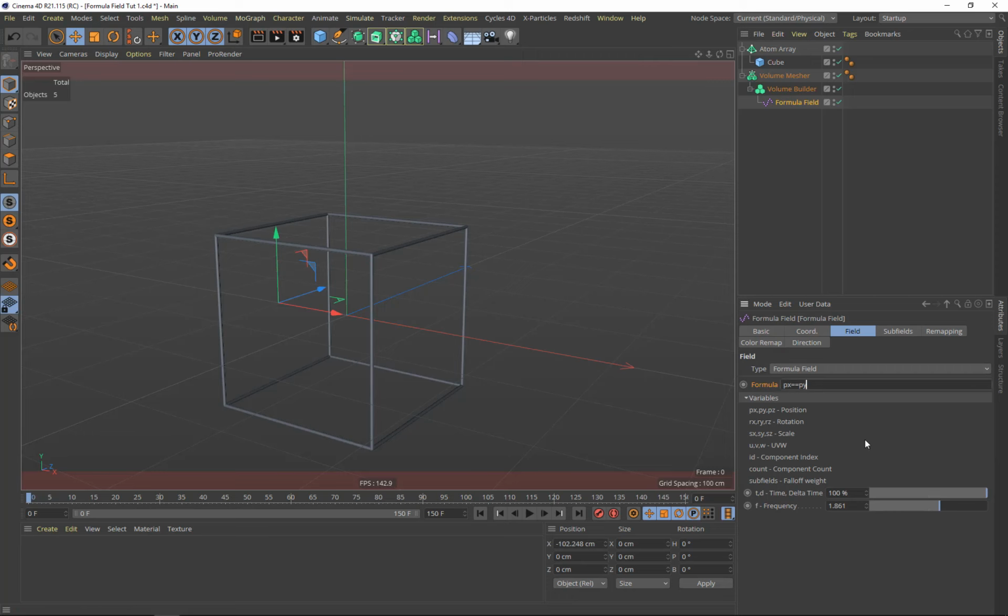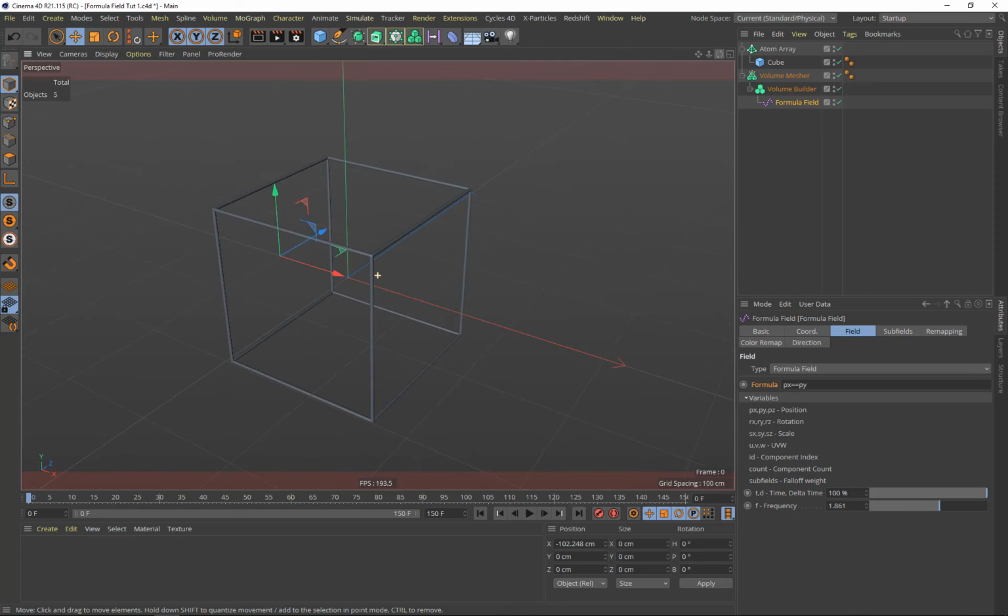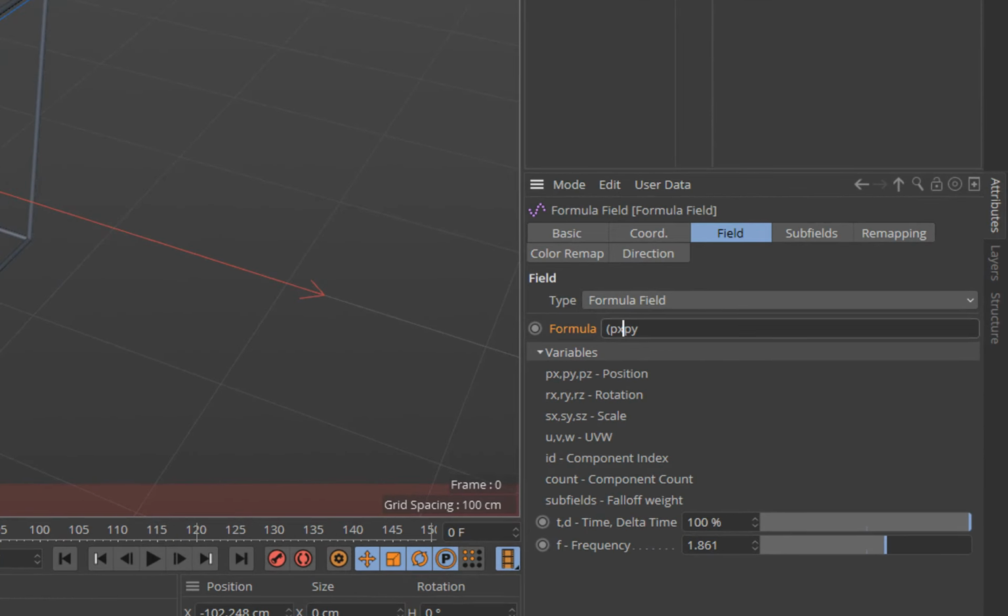Oh, I got the wrong syntax. No, that still doesn't work. Let's say if px is greater than py minus 5,